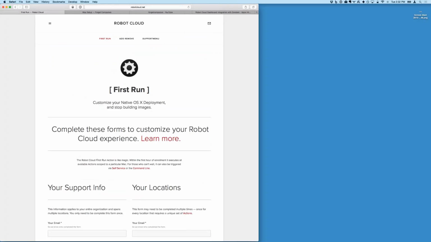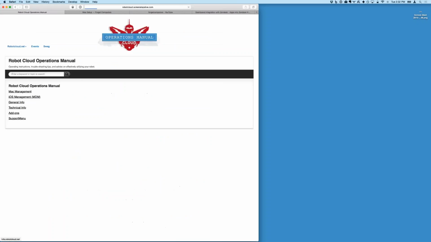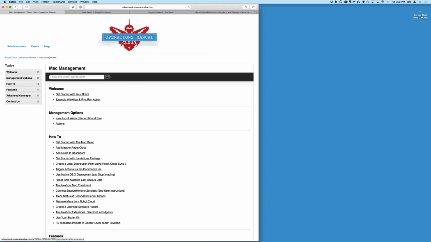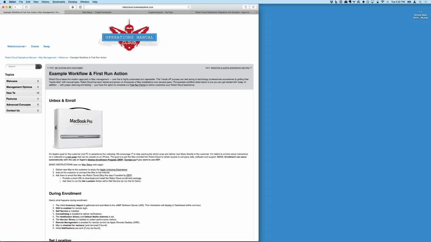So why are we asking for this information? Well, this information is tied to the first run action. And I'm going to go into documentation, and I'm going to go into Mac management. And the second item here under welcome, get started with your robot is example workflow and first run action. And this is new, so many of you probably have not seen this. And this simply walks through what happens to a Mac when it gets enrolled in Robot Cloud